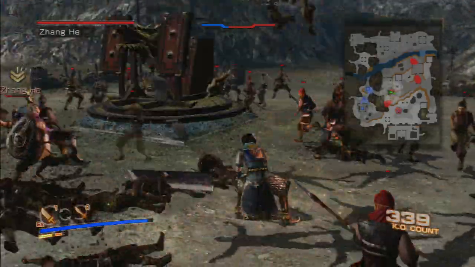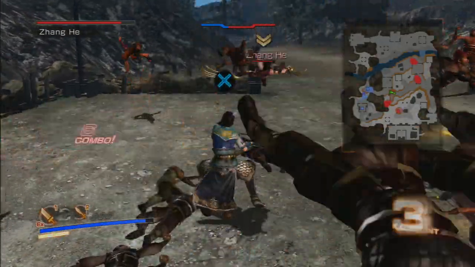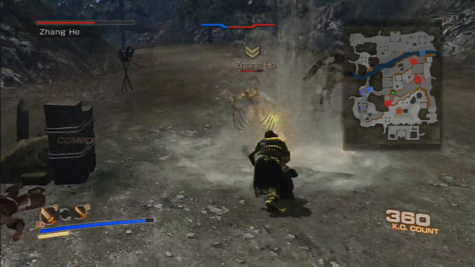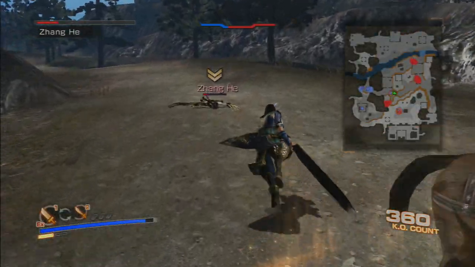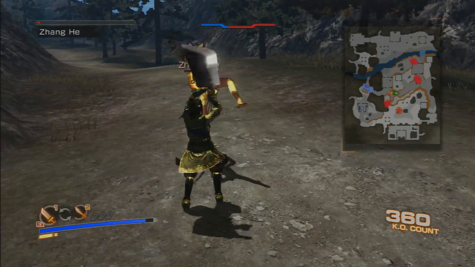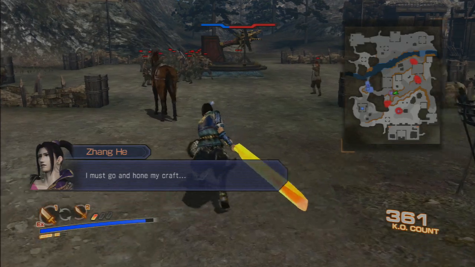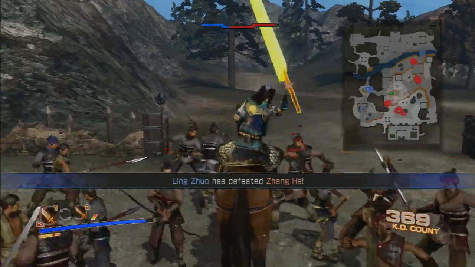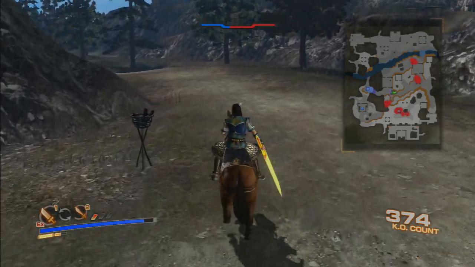Let me get rid of Jean here. Oh, it broke his guard. Cool, got him. Nice. And let's see if this knocks him out. Nope. Okay. A little bit more. Done. So that's out of the way. Get my horse again. Now let's ride along to the other...